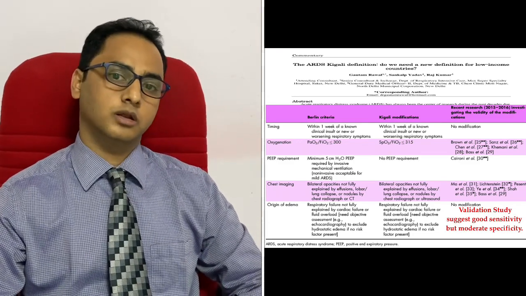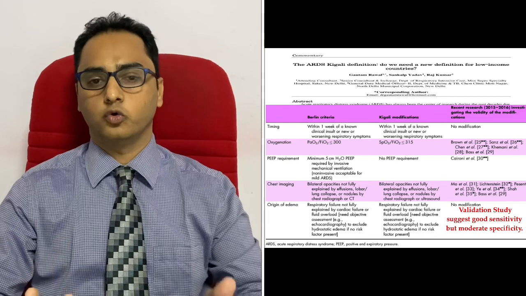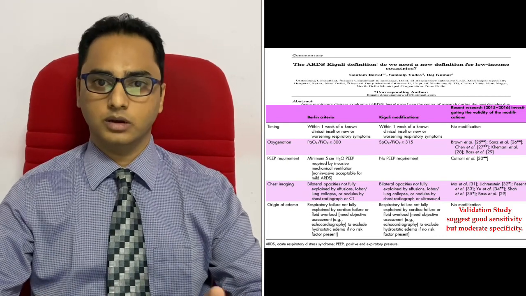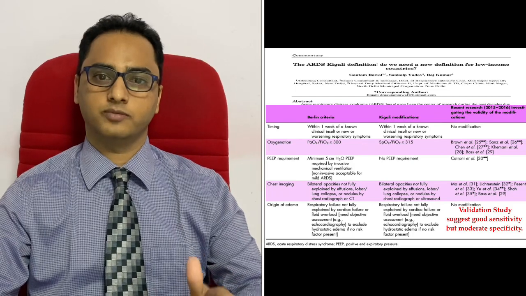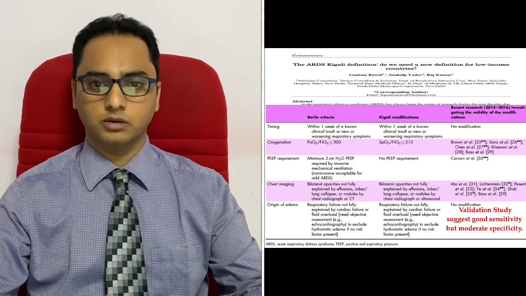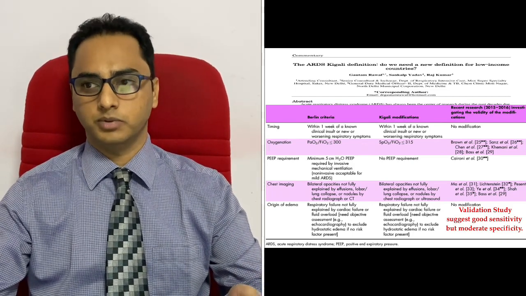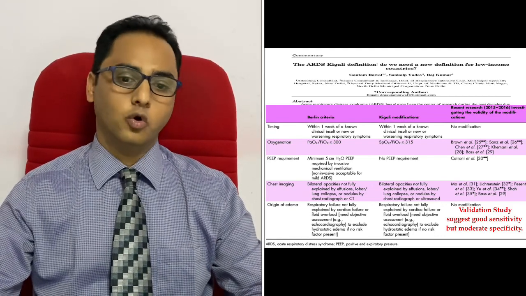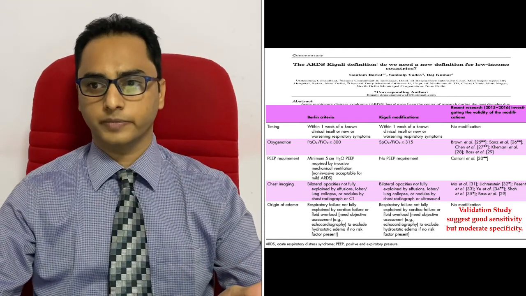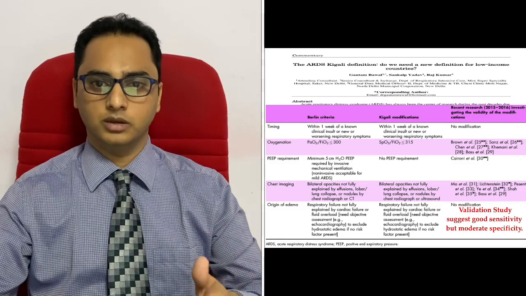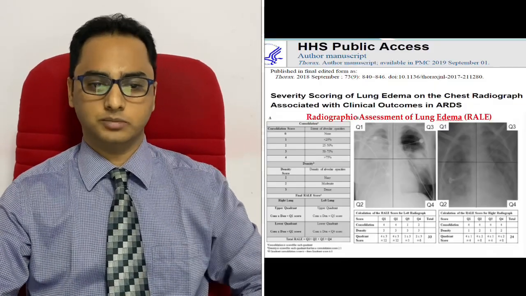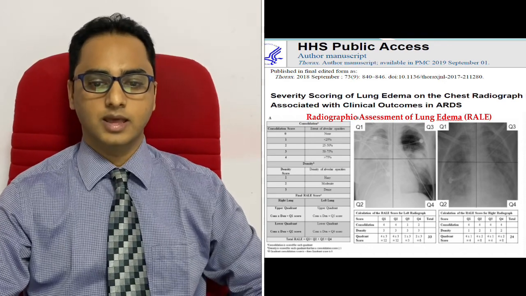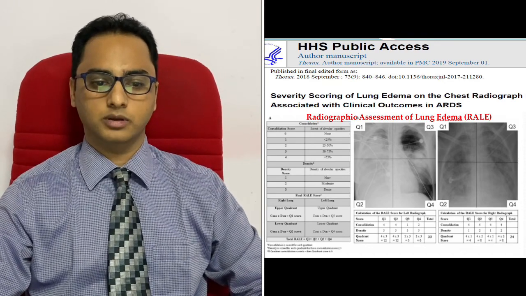The next million dollar question is, many times we don't know whether we are dealing with ARDS or just an interstitial viral pneumonia. So lots of confusion. For a pulmonologist, it may be just a viral pneumonia. For me, it may be just an ARDS. So how can we differentiate viral pneumonia, or any pneumonia, from ARDS? There is one more criteria which has been recently developed, called the RAIL criteria, that is Radiographic